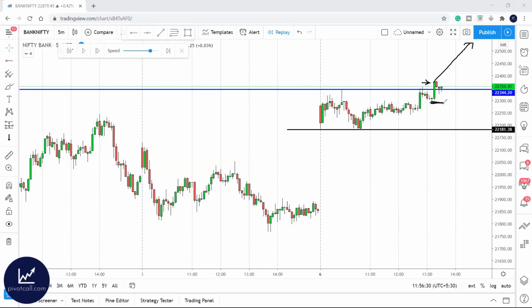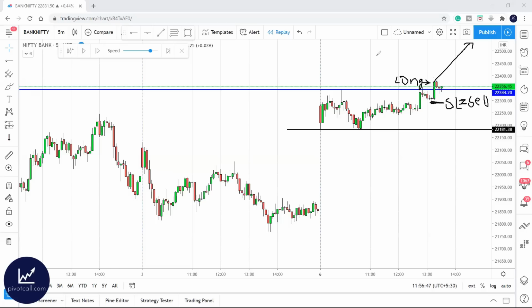Now what is your stop loss? I said when you are short selling, your stop loss is a buy order. You are going long here, right? You are a breakout trader, you have taken a long order. Your stop loss is nothing but a sell order, right? Stop loss is nothing but your sell order.